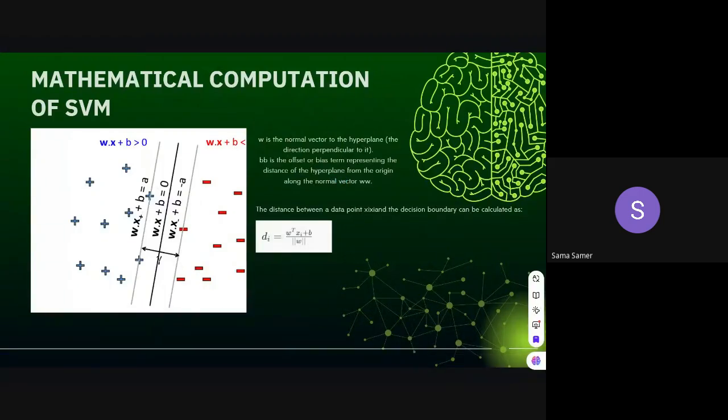Go on, Manna. Okay, as I have mentioned before, we have to think why we have the hyperplane or the decision boundary, and we have the margin. The margin is vertical, so I need this line to act like a separation.